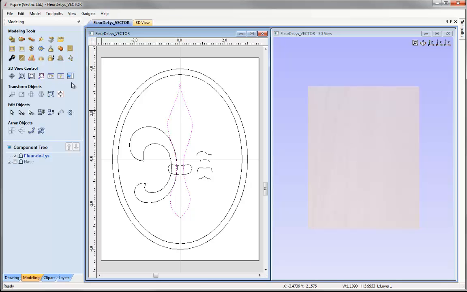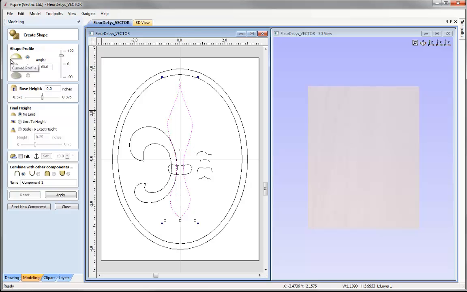So we've got that vector selected. Let's go over to create shape from vectors. For this we're going to use a rounded profile. I'm going to give that an angle of 60 degrees. I'm going to call that middle,